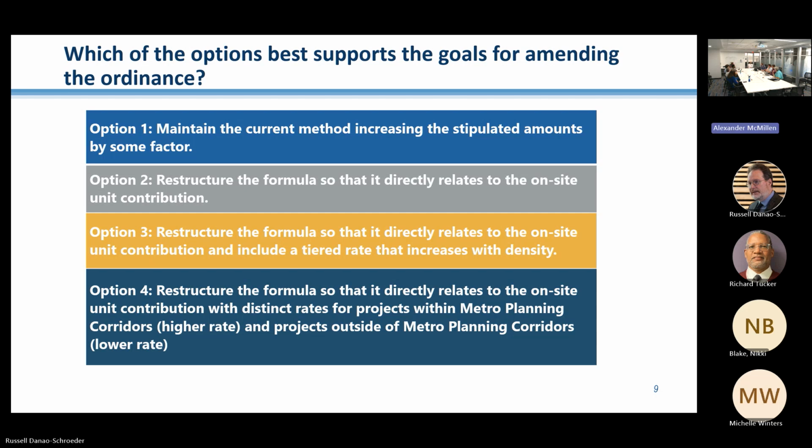I think to add on to that, back to some of the original goals from my side of the table, being certainty and predictability, the bonus density process right now is the opposite of that in a lot of ways. And I think shifting to incorporate more of a structured AHIF contribution as part of that bonus density negotiation would take a lot of that uncertainty off the table.